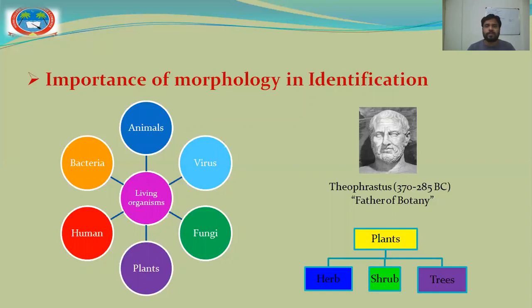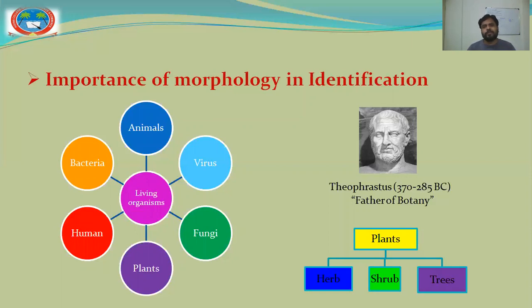While humans have legs, hands, eyes, nose, ears, and so on. So the presence of flower, root, stem, and leaf are the characteristics of the plant group. None of the other groups shows these characters. The presence of these morphological characters is the identity of that particular group, which you call the plant.